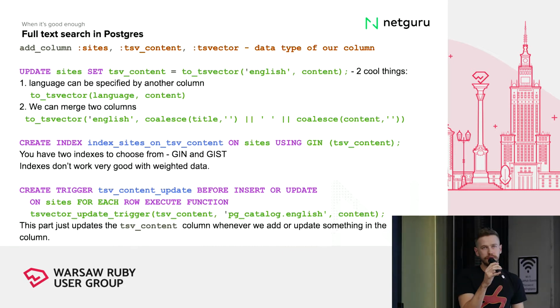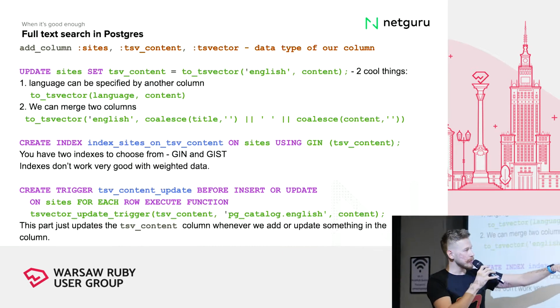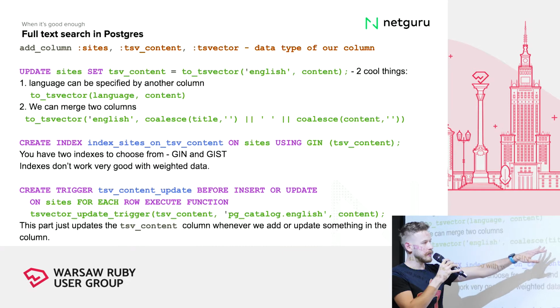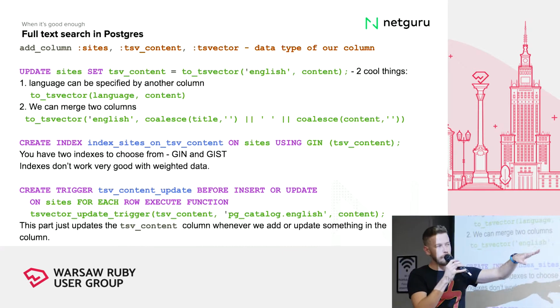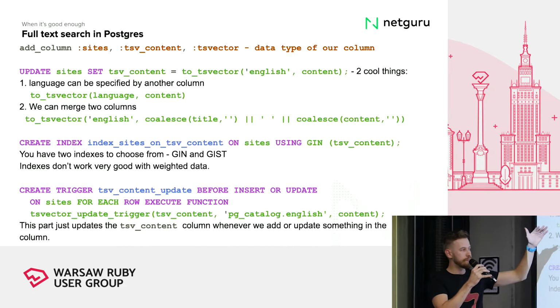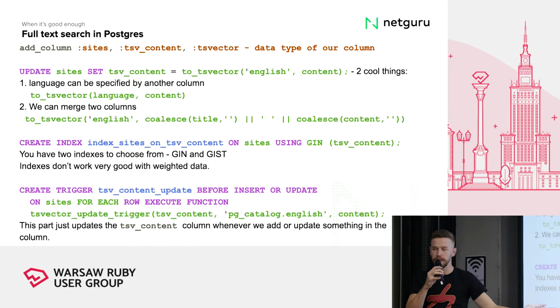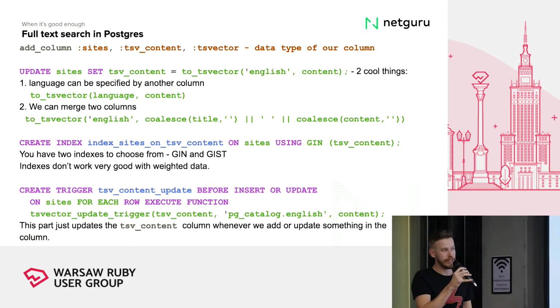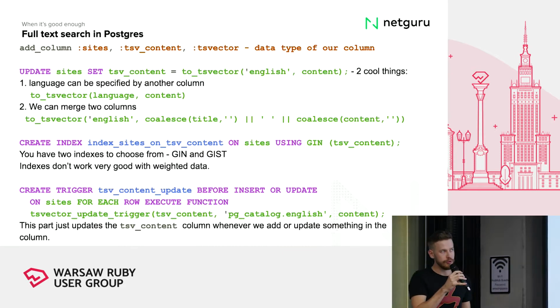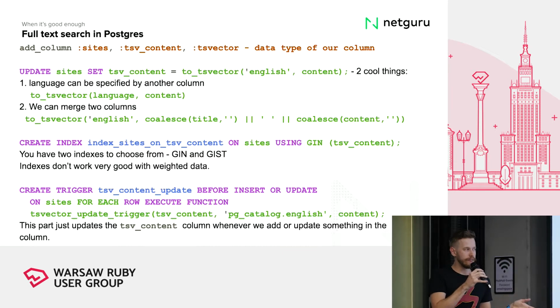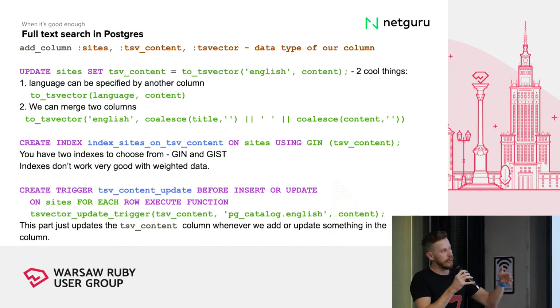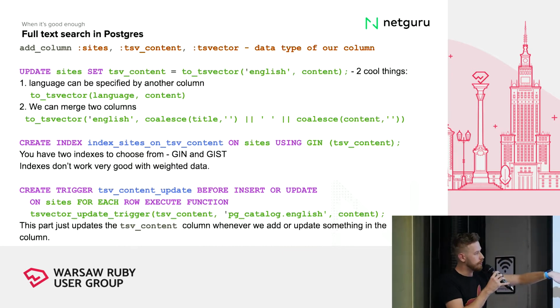But what are weights? We can say that, for example, if we search using title and content columns, we can tell the query that the title is much more important in our search than content. I think that's a real life scenario. In our application, unfortunately, in most cases, I didn't have titles of the articles, so I only used content. Then, about this